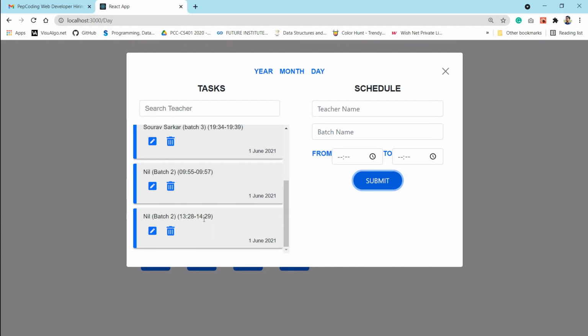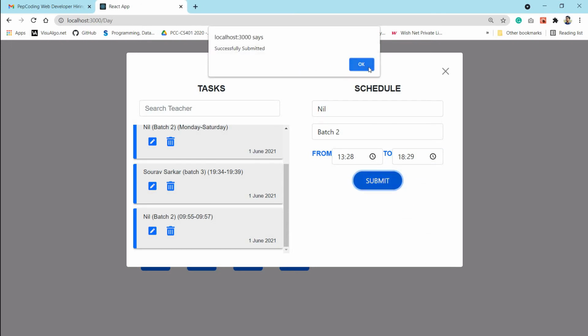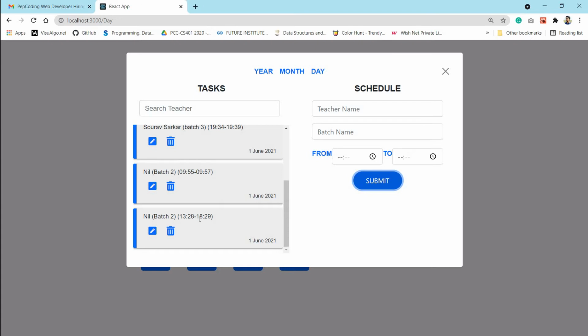See, 13:28, 14:29, right? We can even edit that by clicking on the edit button. 13:29. Suppose I am going to extend the schedule to 18, right? By clicking on the submit, it is going to be rescheduled. See, it is rescheduled.